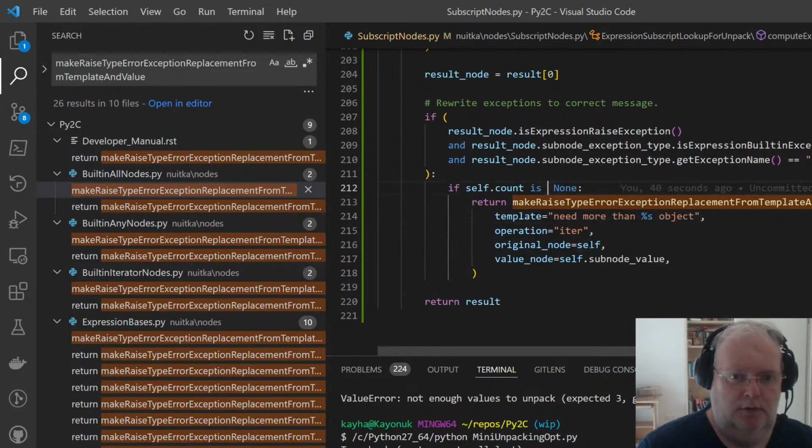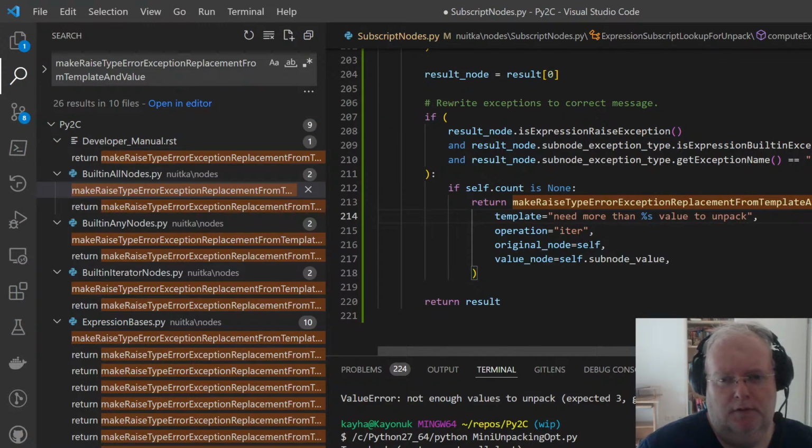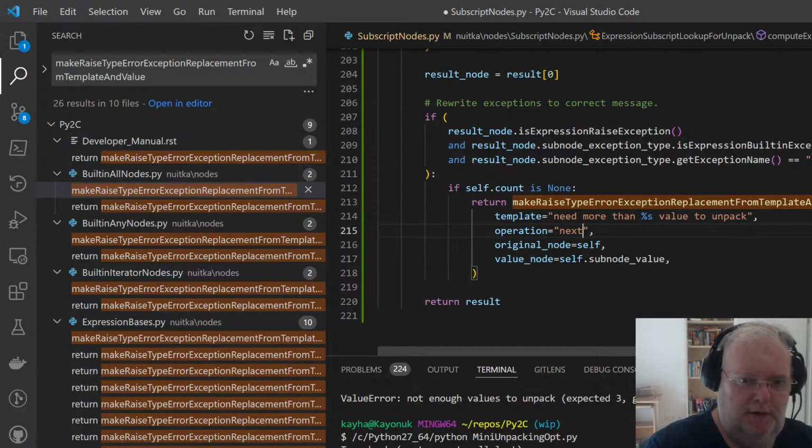So if self count is none, need more than value. Really, is this plural? To unpack. Ah, come on. Operation iter. This is more like the operation is next.